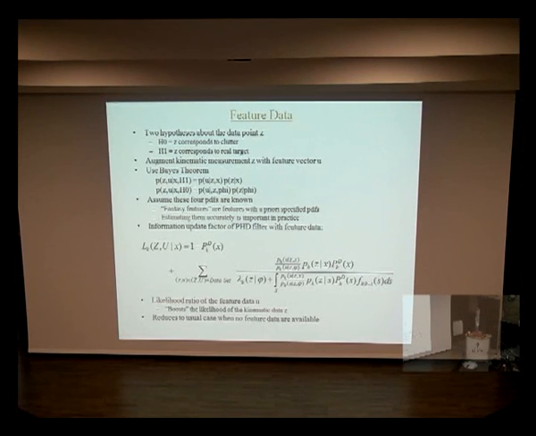So I'm going to augment the kinematic measurement Z, which does not have to be a kinematic measurement, whatever measurement you have, with a feature vector. It could be a real number, it could be a vector, it could be a picture, it could be whatever. But basically, kinematic measurements are often taken from sensors that actually produce more like an image, and they're peak extractors. That peak is called Z, but there's other information that